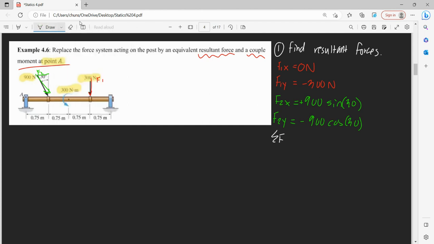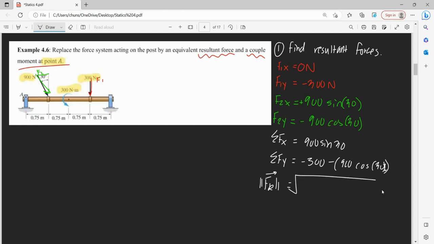So let's sum up our x's, which is equal to 900 sine 30. And then the sum of our y is equal to negative 300 minus 900 cos 30. And if we find the resultant, that is equal to the square root of 900 sine 30 squared plus, I'm just going to write summation of Fy squared, and that's going to give us